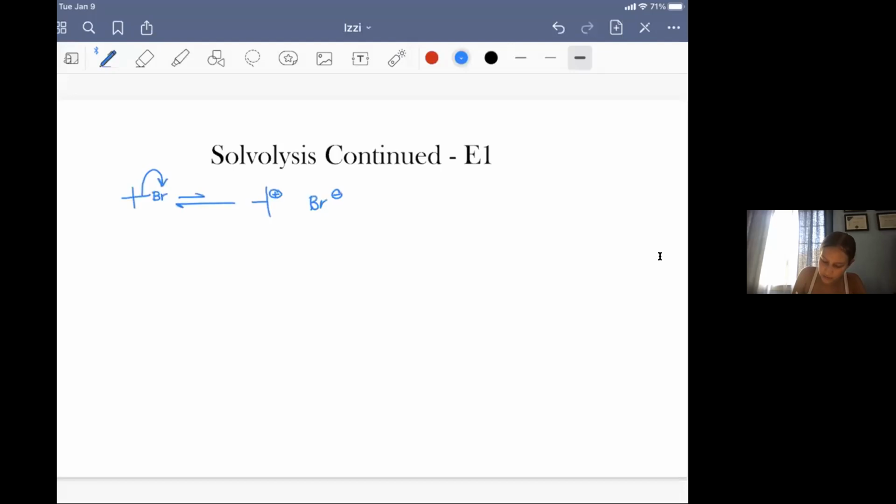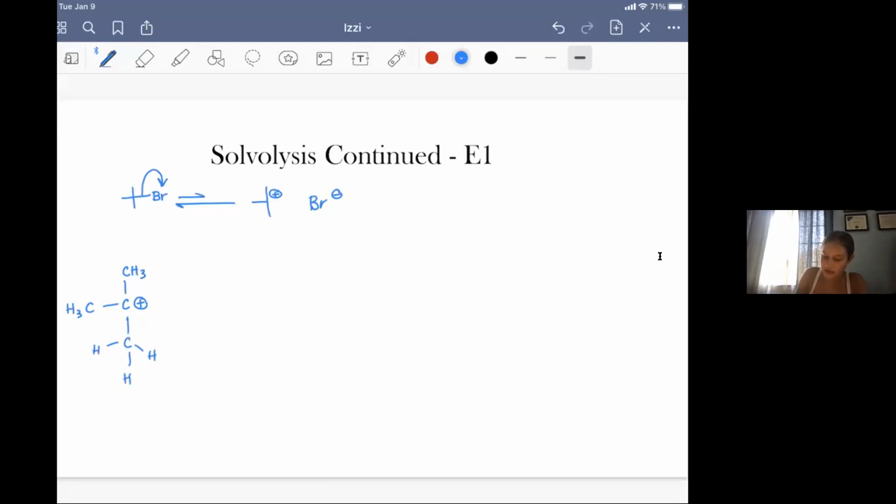So now I'm going to redraw everything out with the carbons and the methyl groups themselves. So this is still the same carbocation that we just formed. I just drew it out. And you'll see that for the methyl group on the bottom, I drew out the bonds between the carbons and the hydrogens. In this case, it doesn't matter which methyl group you choose because they're all the same in relation to the central charged carbon,